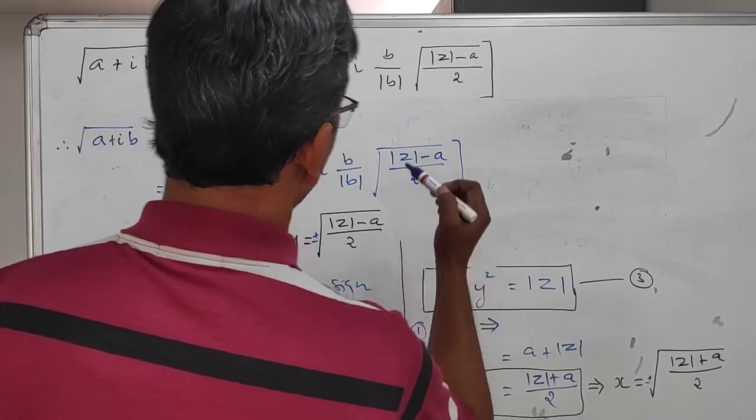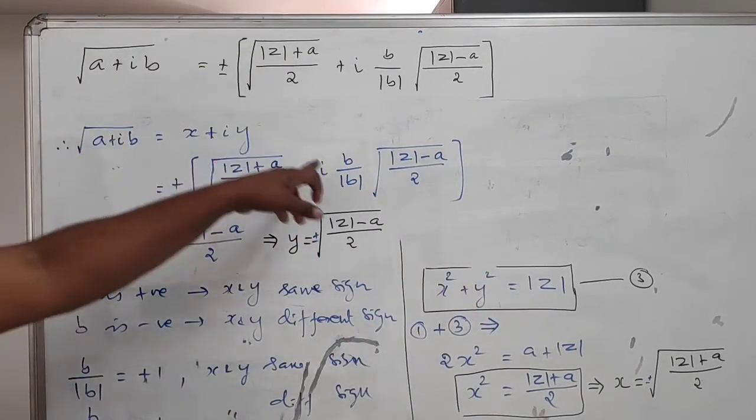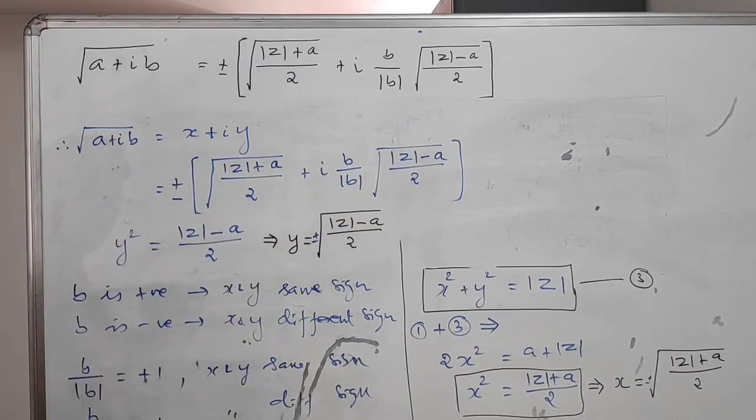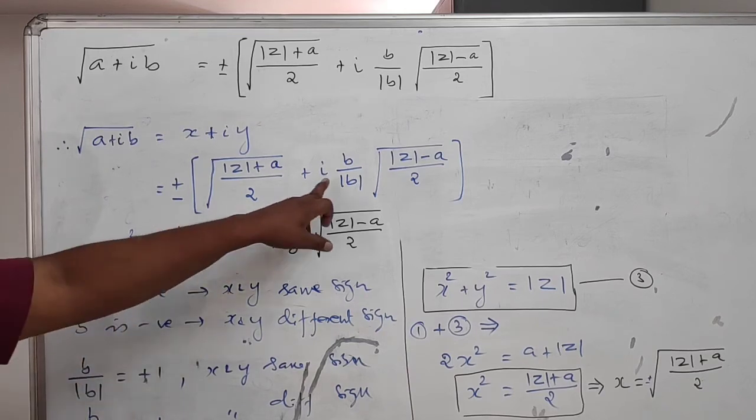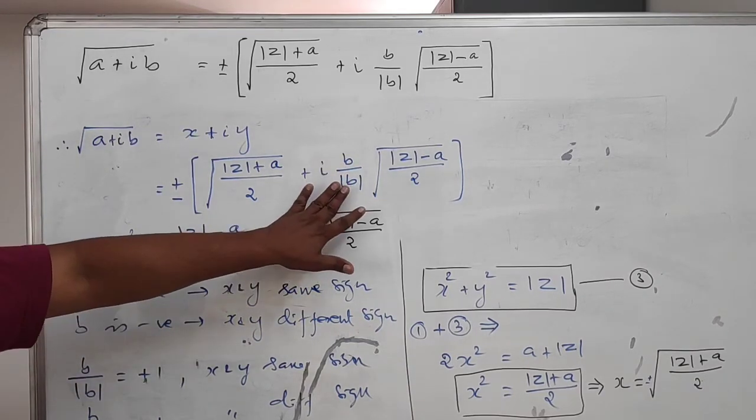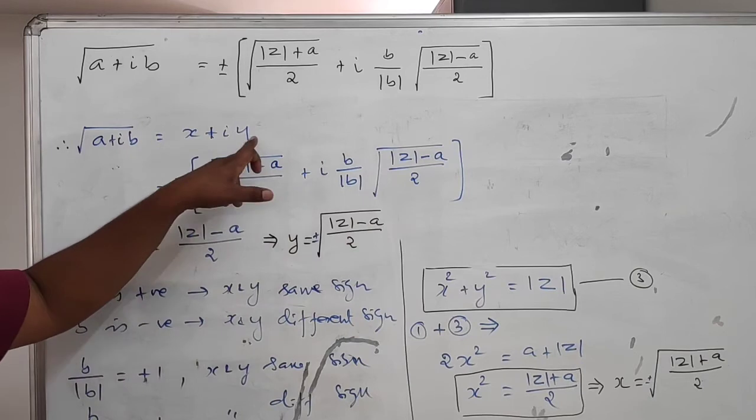Now this is the formula we have for b, x and y. Why are we writing this? Because we don't know whether b is positive or negative. If you write these things, you will know whether it is positive or negative. Only for that purpose, we are introducing this with y.